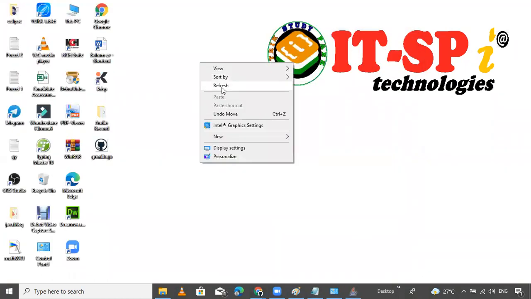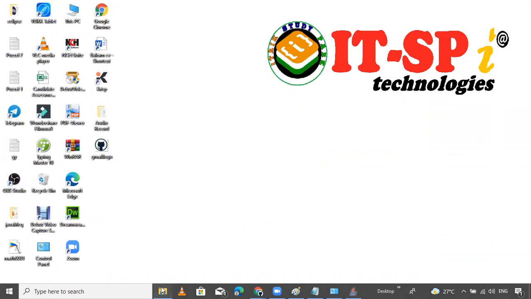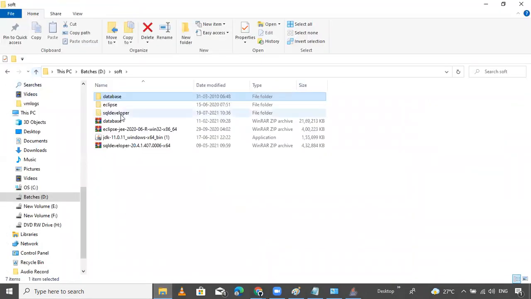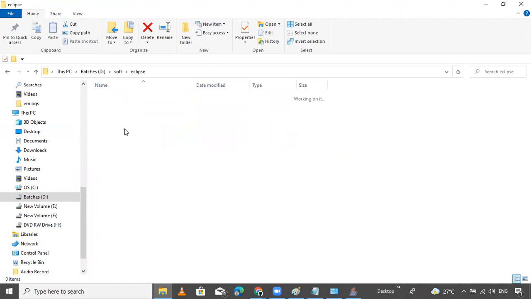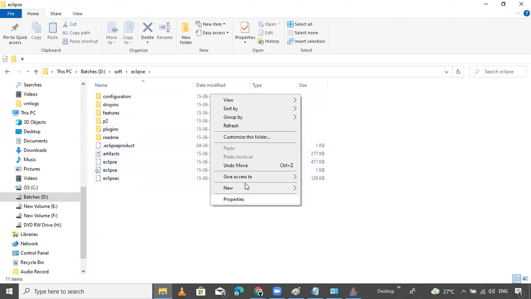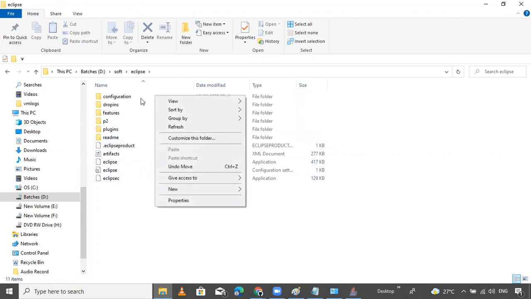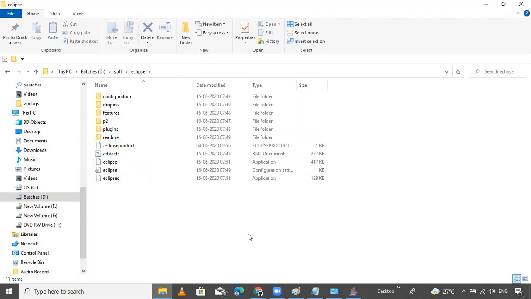When you download Eclipse IDE, you will get either a zip file or an installer. I have downloaded one zip file called Eclipse EE 2020-06, 32 and 64. When you extract this zip file, you can simply click run. I will show you. When you are using Eclipse IDE, it is not required to set the classpath and other things. It's automatically recognized. You should only install Java on your system, and Eclipse will recognize it automatically.